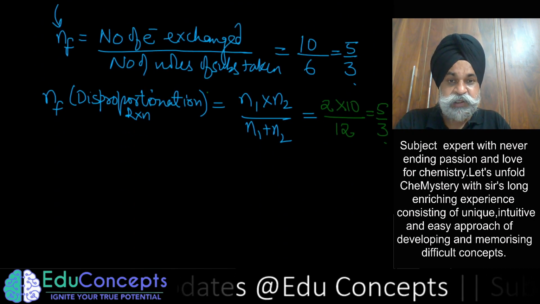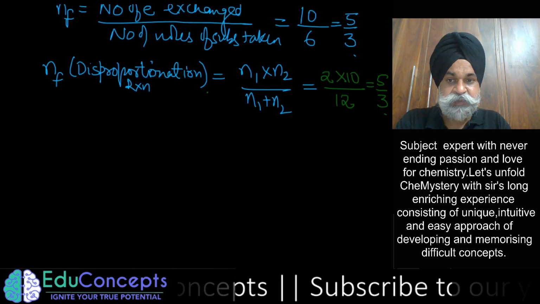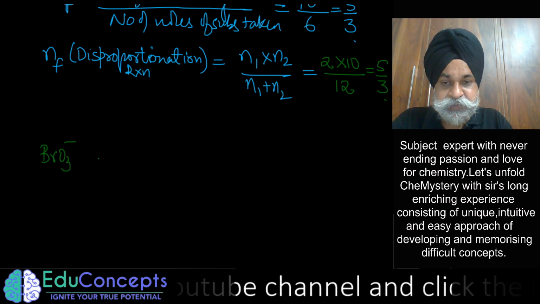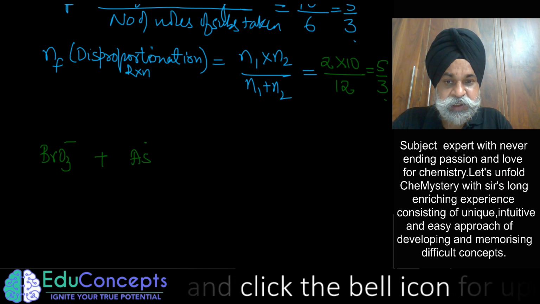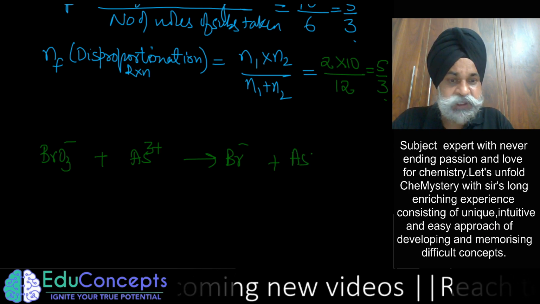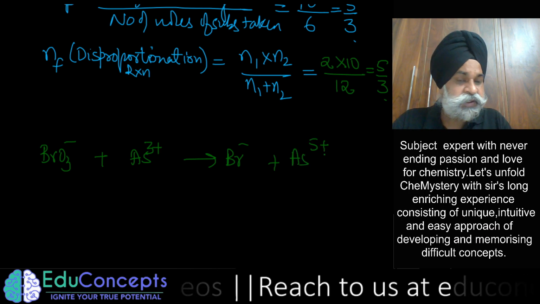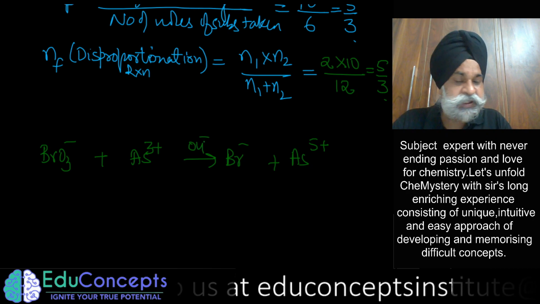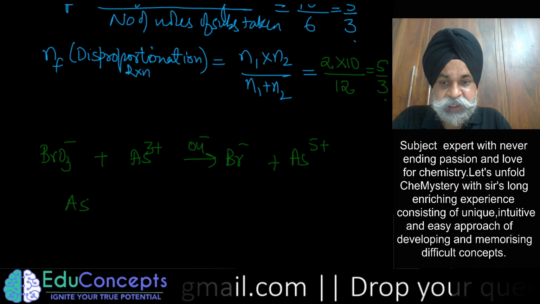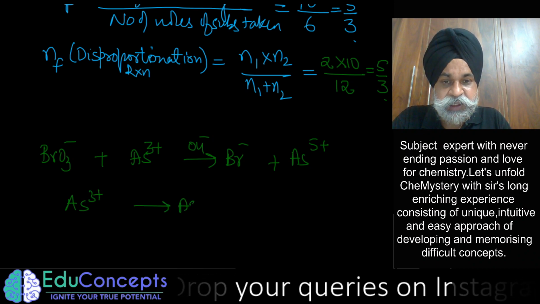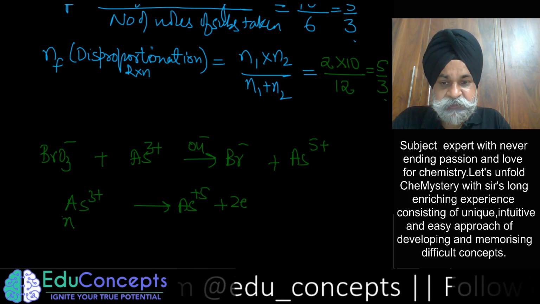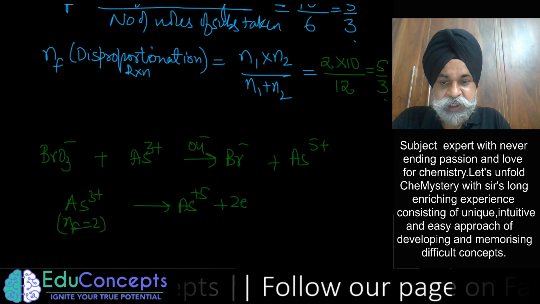Okay, anyhow. So now concentrate, we are supposed to balance another equation. So the other equation is BrO3 negative plus As3 positive goes to Br negative plus, of course this reaction is happening in the same medium, so the medium would be basic because in the same reaction vessel he had added arsenic 3 positive. So the first part is very easy: arsenic 3 positive goes to arsenic 5 positive by losing 2 electrons. So here the n factor is also 2.